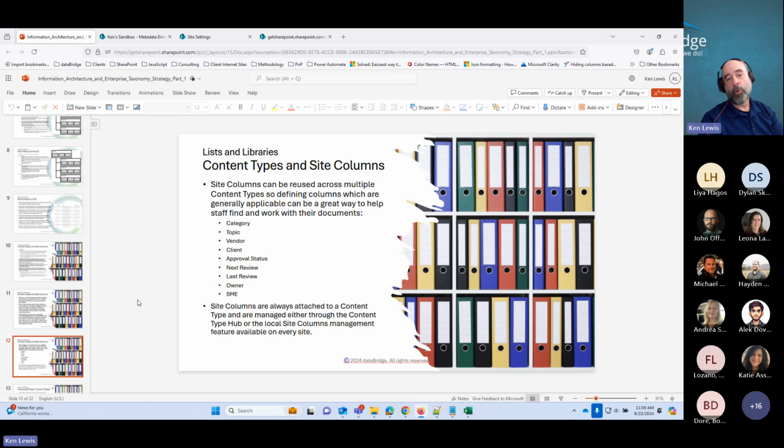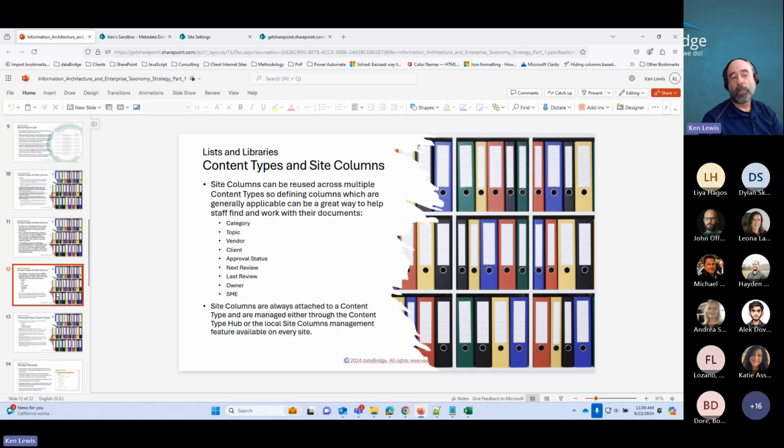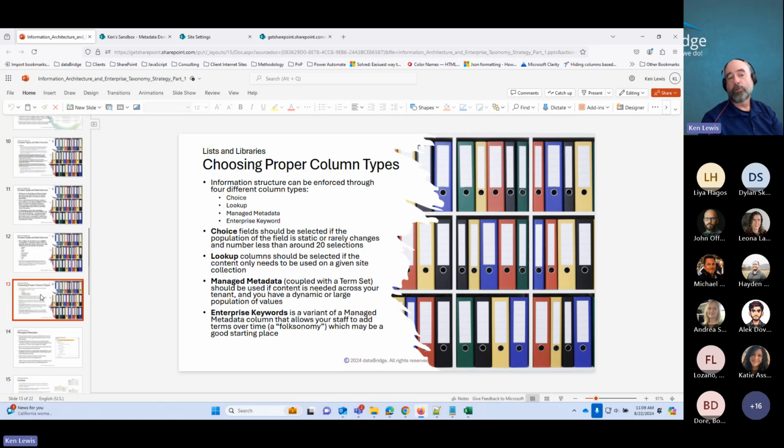You run into issues where you have to filter on IT and information technology and technology because it's been entered 3 different ways, because the column that held that information allowed people to enter in a free-form way. So what's the resolution? How do I enforce that data integrity? I can choose a choice, a lookup, a managed metadata column, or a special column which allows the folksonomy technology